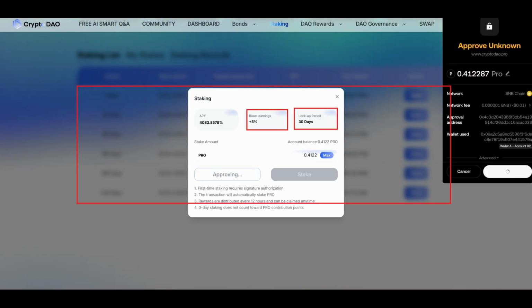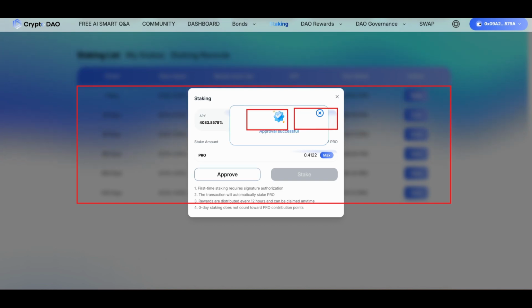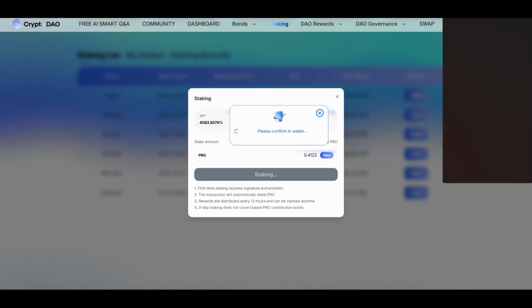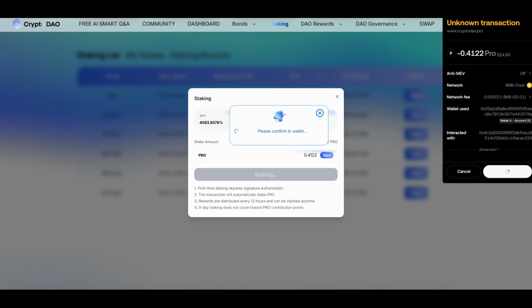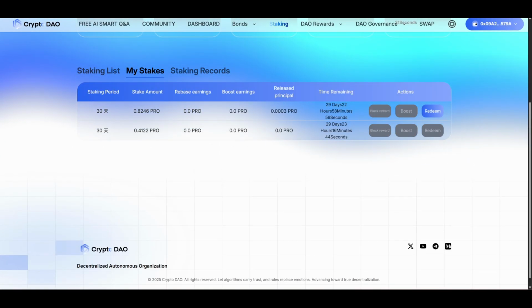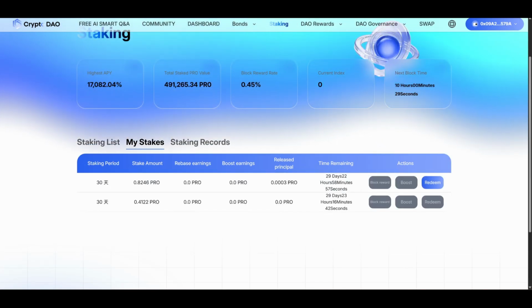So once I have already approved, the next thing I'll see is the approval success. I'll wait because I have already approved. Then what you're going to see now is this staking button here. The next thing I'm going to do is click confirm. Once I click confirm, I should be able to see all my current stakes inside this My Stake page,